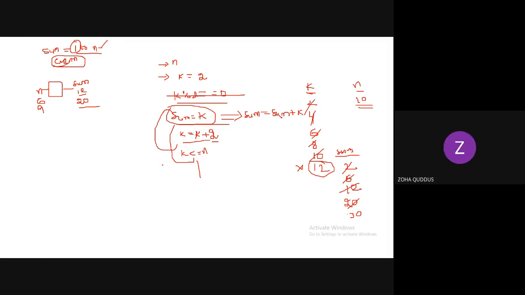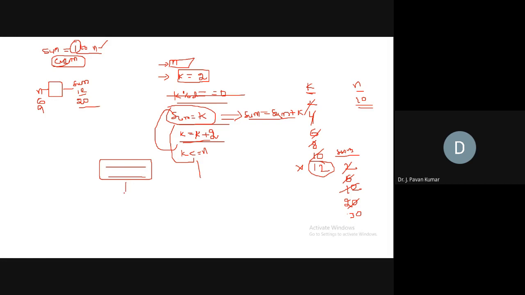Can you draw the flow chart now? Everything is clear to you, I think. We have to take the input, which should be in a parallelogram, then this should be in a rectangle, then this is the computation only. Sum is equal to sum plus k is a computation, and k is equal to k plus 2 is also computation. These two you can consider in one rectangle itself. In one rectangle, you can mention more than one computation as well. So sum is equal to sum plus k, and k is equal to k plus 2. These two lines you can write.